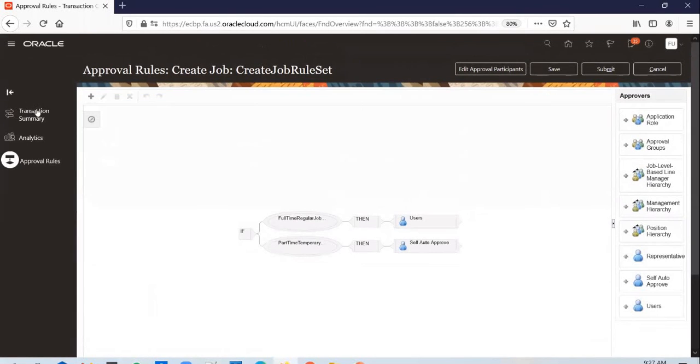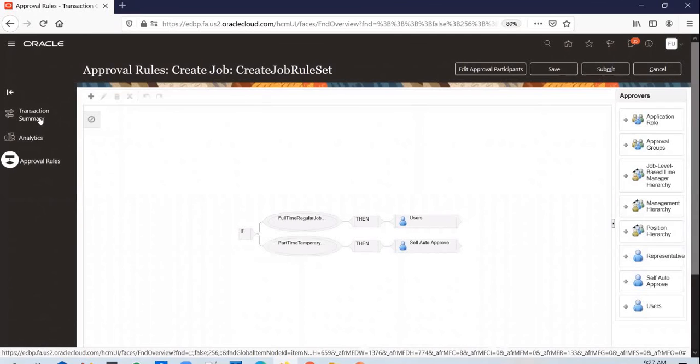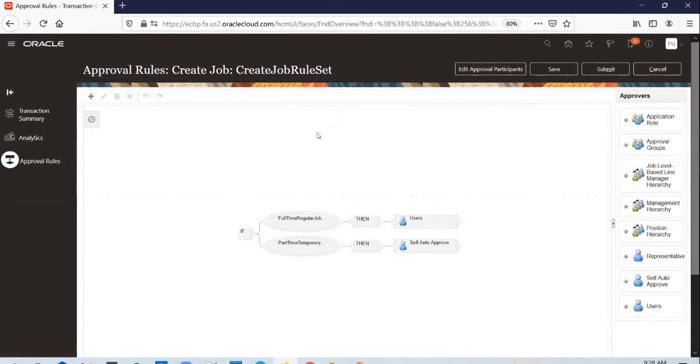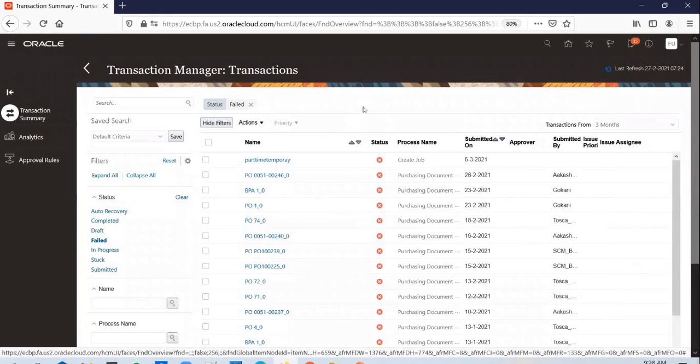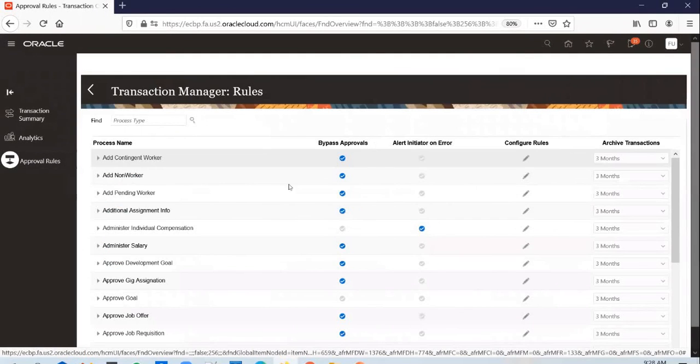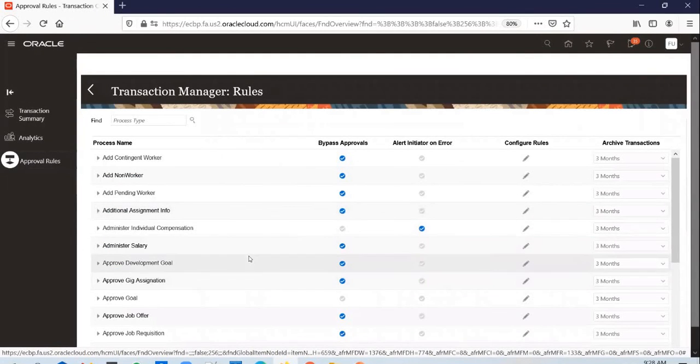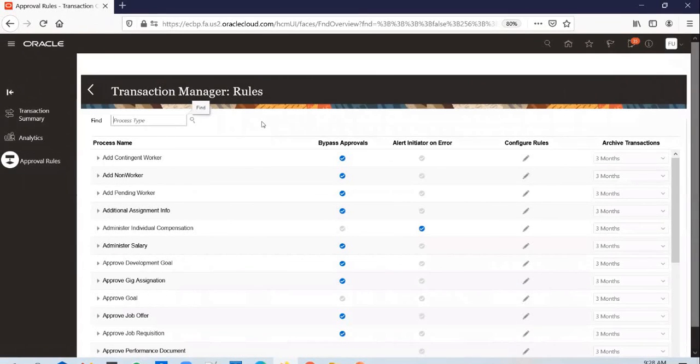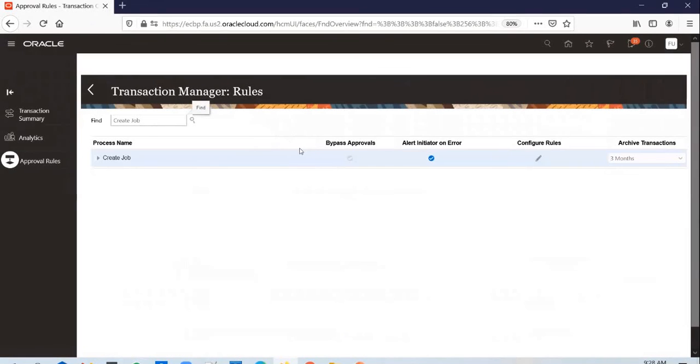It will end in error, and the workflow admin needs to come to the transaction summary screen, and he will have to look at the error and decide or tell you what might have probably gone wrong. Or to put it simply, it goes into error. Nobody knows what has happened unless someone debugs it. As simple as that. So that's why when you write the rules, you have to be extra careful and try to handle all possible scenarios.